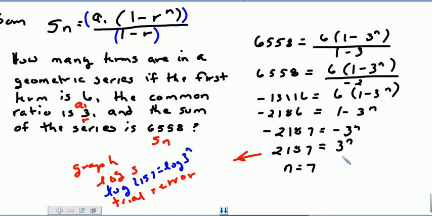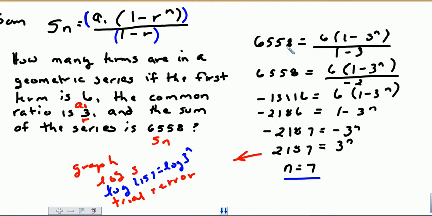You know what 3 squared is, you know what 3 cubed is, so you know it's got to be a number bigger than that. So go 3 to the 4th, 3 to the 5th, and so on. You'll discover that n is equal to 7, and that is the solution to your problem. If you have any questions on that, take that 7, plug it back in right here for this 7, and make sure that when you simplify this expression, you do get 6558, and you will find that that is the correct answer to that particular sequence.